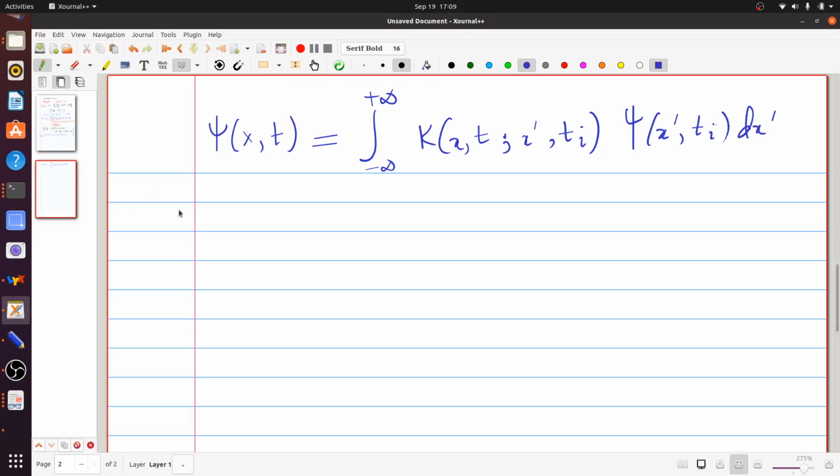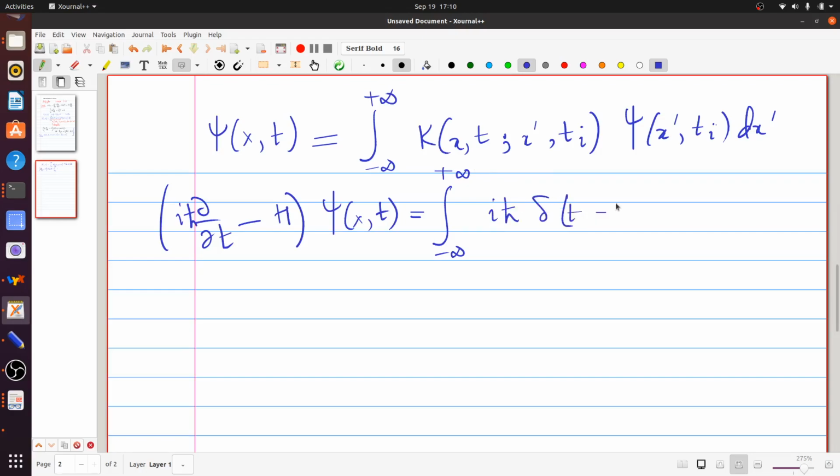Integral over dx prime, and what we want to do is apply the operator i h cross del del t minus the Hamiltonian on this thing. Notice the integration is over x prime, which has nothing to do with the variables in this differential operator. The variables in this operator are t and x, which is there in H, but neither x prime nor t i features among these variables. So this operator can happily go inside the integration, and once it's inside, it will ignore this, which is a constant as far as the operator is concerned, and will only attack the propagator. And as we proposed, i h cross del del t minus the Hamiltonian acting on the propagator gives you